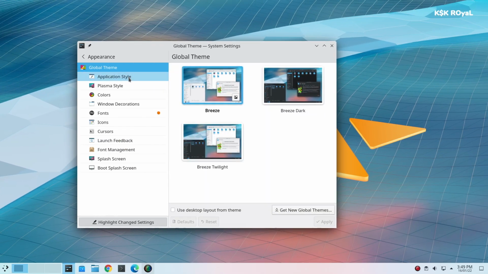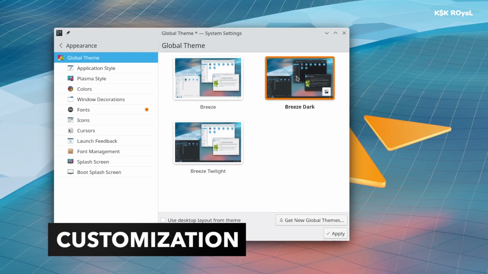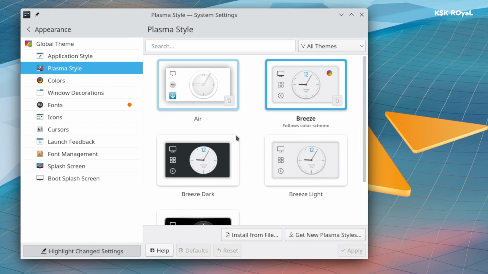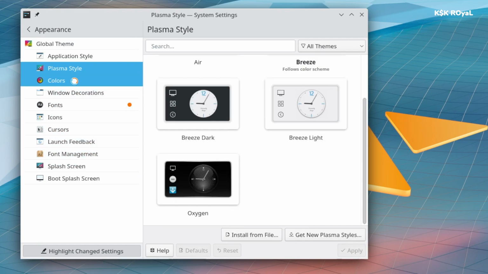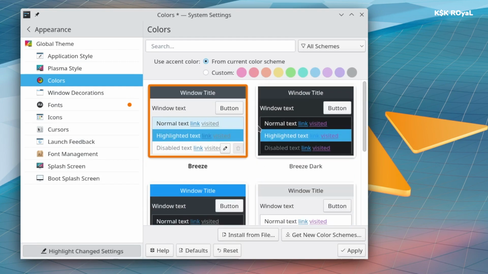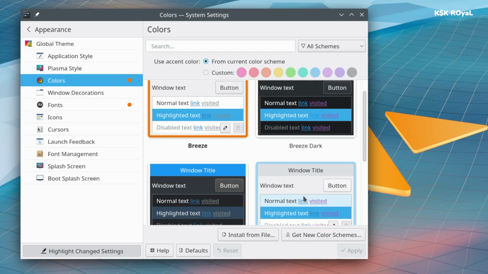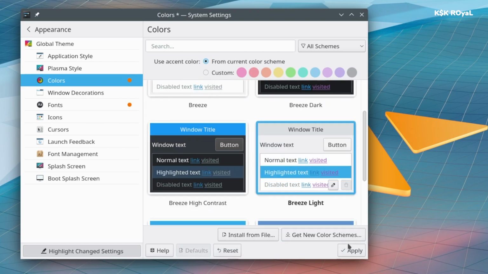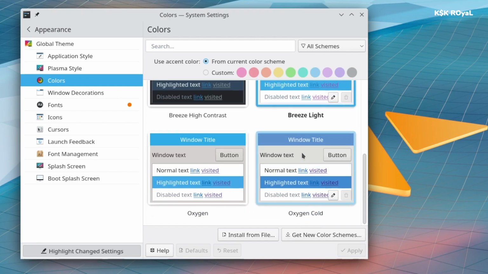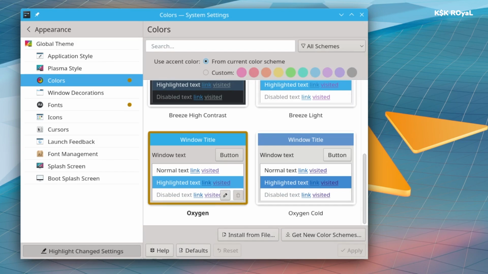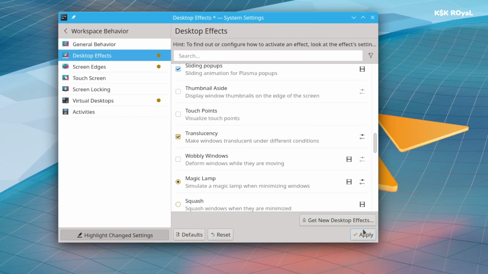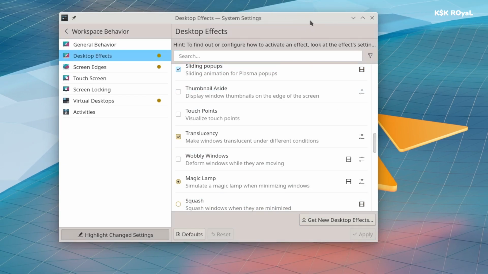The Plasma desktop is very flexible and can be configured the way you like it. Using the system settings, you can easily manage hardware, software, and workspaces all in one place. With Plasma, the user is considered a king. Let's say you are not happy with the color scheme, then change it to the one you like. If not satisfied with the default ones, you can download more. This way you can add desktop effects to the system like blur, fancy animations, transitions, and more.